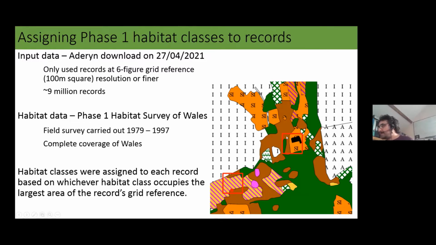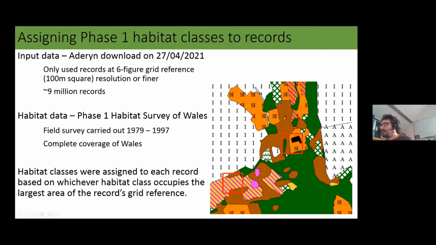Brown is bracken. This is semi-improved neutral grassland. Black is buildings, and there's some broadleaf woodland in green here as well. Whatever record this was would have just been given the habitat semi-improved neutral grassland because that occupied the largest amount of the square. Now, it wasn't necessarily the habitat that the species was recorded from,